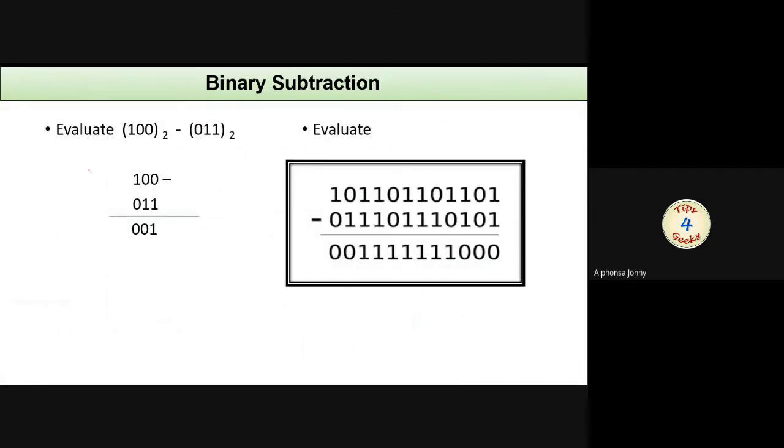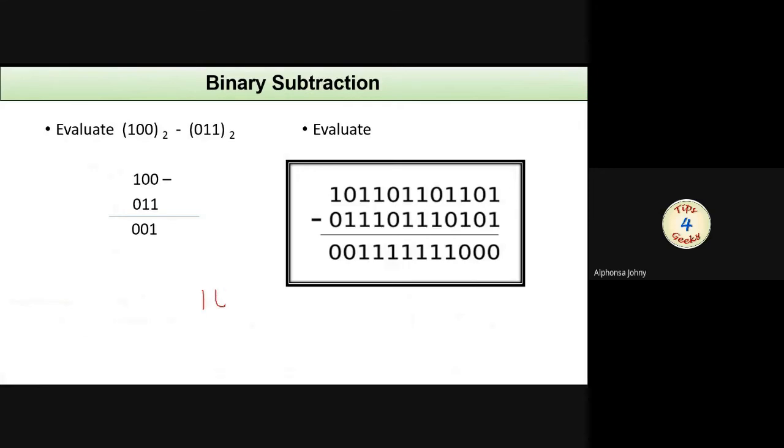Next, we will study an example of binary subtraction which involves case 2 of the rules of binary subtraction. That is, we will encounter a case in which 0 minus 1. But we know that we cannot subtract 1 from 0 since 1 is greater than 0. So in order to make a clear understanding of this concept, we can first recap what we are doing in the case of decimal subtraction.